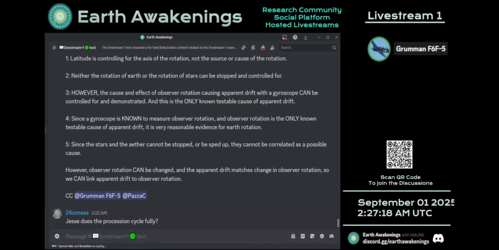It demonstrates that the Earth is rotating. It is a demonstration of Earth's rotation. It's evidence, isn't it? That's all you can really say. If you're truthful, it's evidence that that's occurring. It's definitely evidence from what you'd know about how a gyroscope would behave if it was moving around on a plane.